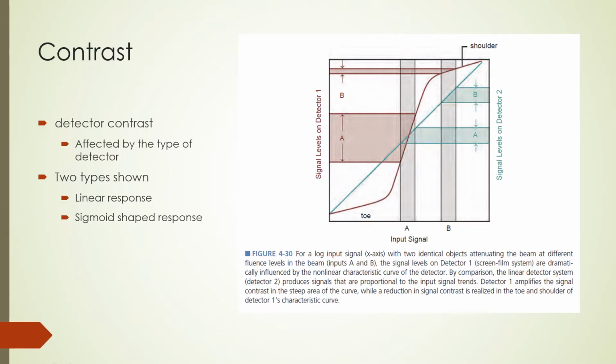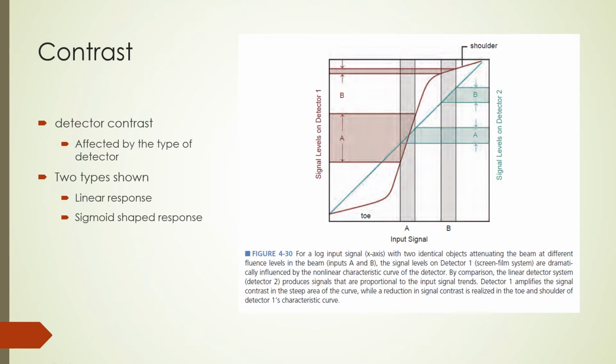The next type of radiographic contrast is due to the detector. When a patient is imaged with X-rays and the X-rays strike a detector, the type of detector is important in determining how the image will look. Different detectors have different contrast responses. On this figure, we have two types of detectors as shown by their relative response to an X-ray signal. One detector shows a sigmoid curve, meaning it amplifies the signals